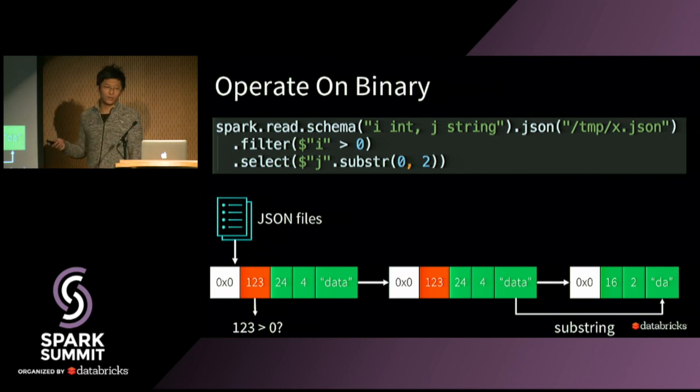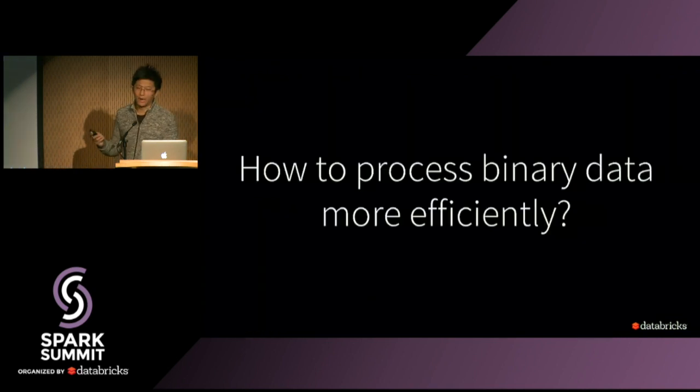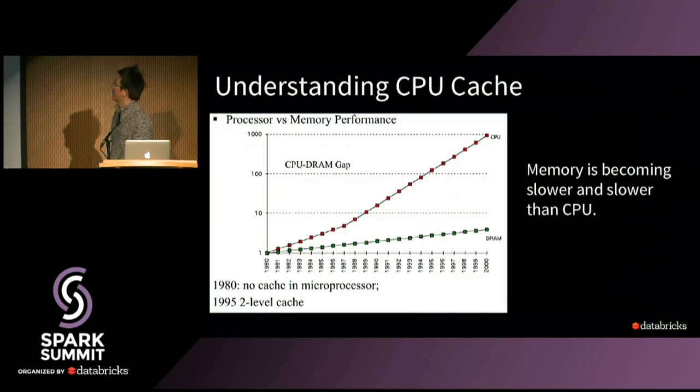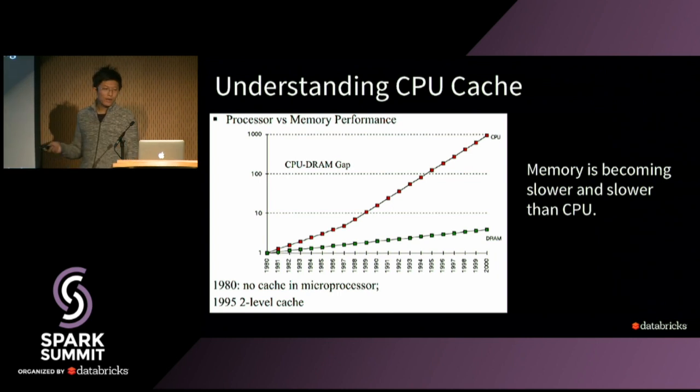But then a problem comes out. How can we do it better? To answer this question, I have to introduce some background knowledge. It's about the CPU cache. A long time ago, when the computer was first invented, there was no CPU cache because at that time, CPU and memory were both very slow. So there was no gap between CPU and memory. We could just read the data from memory in CPU instructions. However,